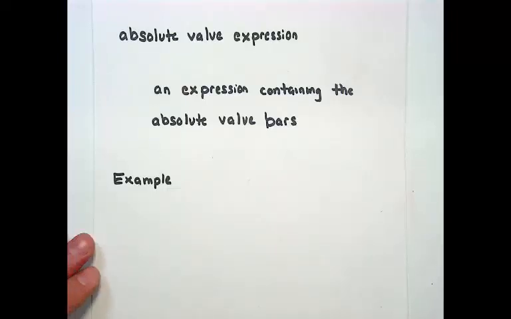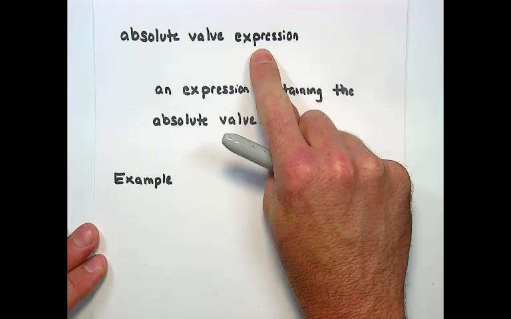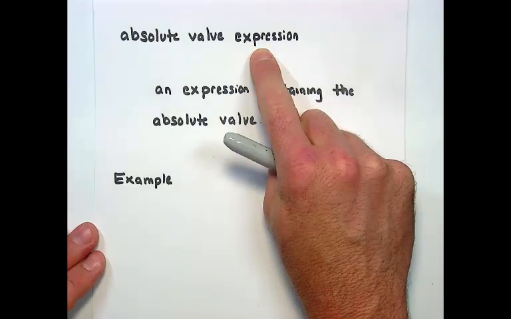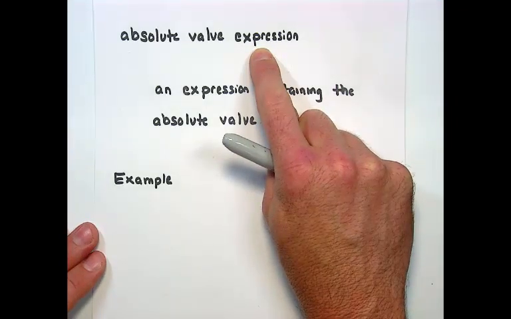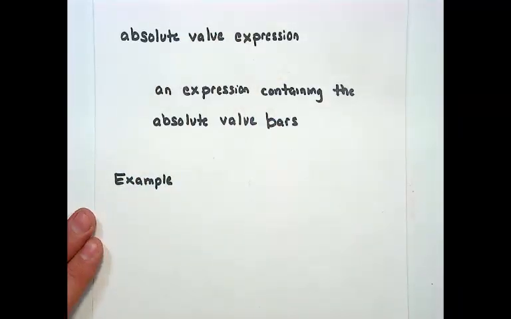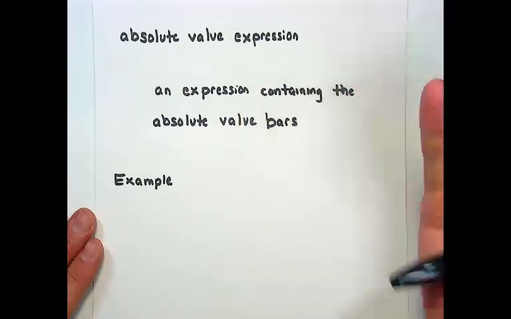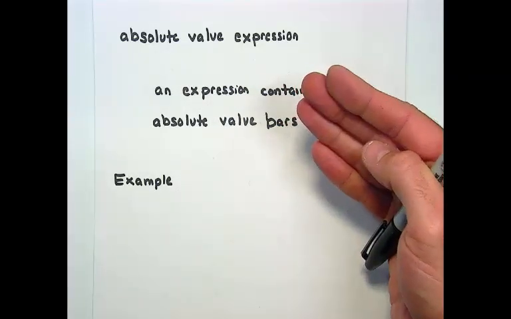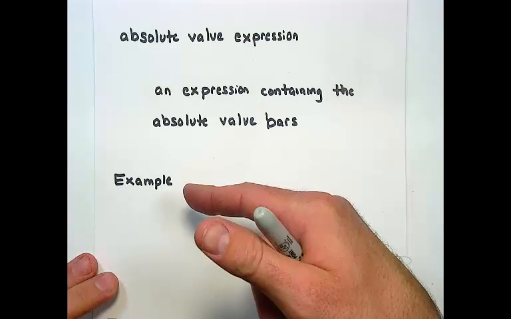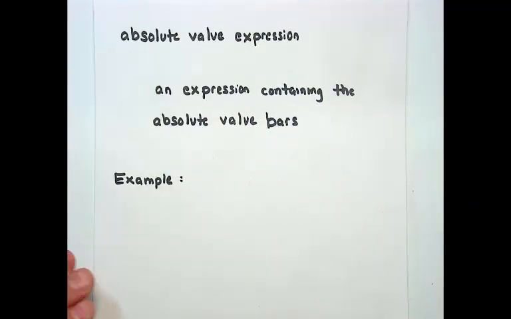Next thing we're going to do is take a look at absolute value expressions. Remember, every mathematical expression is a bunch of math stuff without an equal sign. Could you guess what an absolute value expression is? You got it. Absolute value expressions are expressions, aka no equal signs, that include absolute value bars. So if we see absolute value bars in a statement with no equal sign, we say that's an absolute value